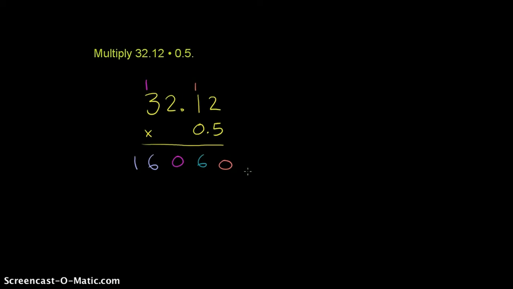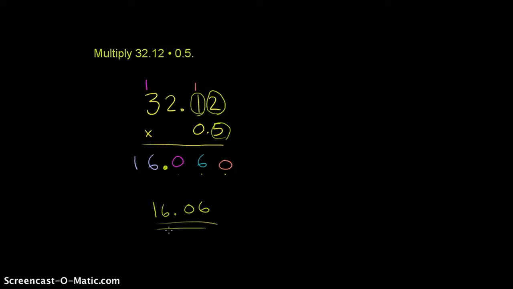But now we want to care about the decimals. We just have to count the total number of spaces or places we have behind the decimal point in the two numbers we're multiplying. So we have 1, 2, 3 spaces, or 3 numbers to the right of the decimals in the two numbers that we're multiplying. So we need that many numbers to the right of the decimal in our answer. So we go 1, 2, 3, put the decimal right over there. So 32.12 times 0.5 is 16.060. And this trailing 0 right here we can ignore because it's really not adding any information there. So we could just write this as